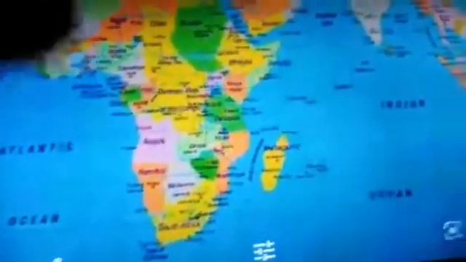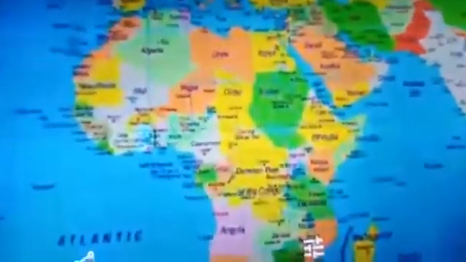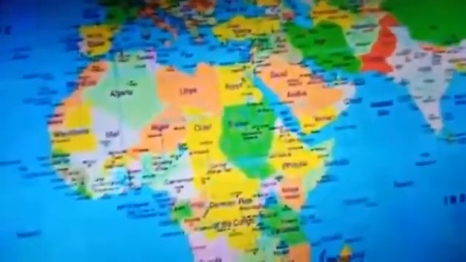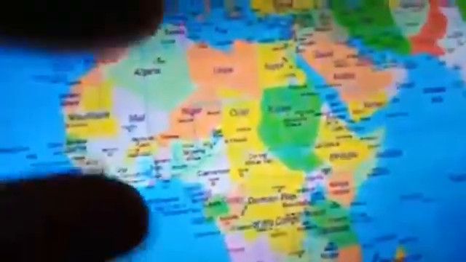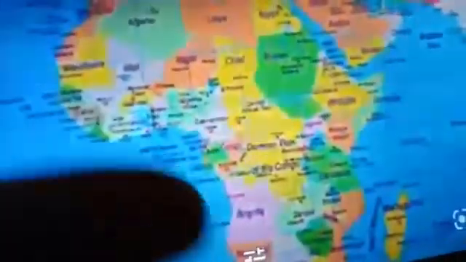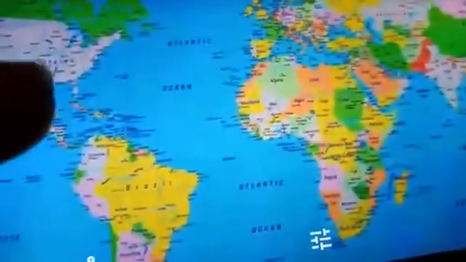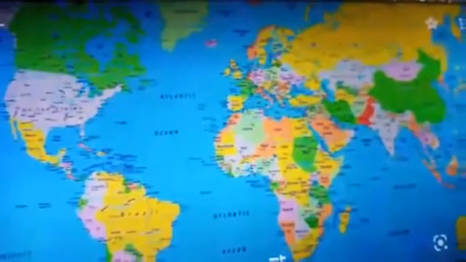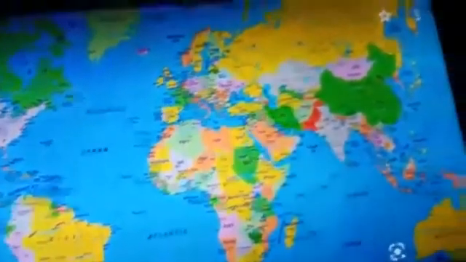But on a globe you can see only one side, whereas on the map you will be able to see whatever you want to see, and the map shows us the places in a much more detailed manner. See, this is a political map.